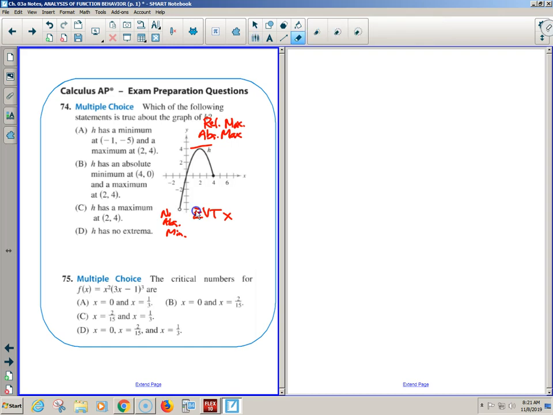Because if you... Yeah, Kathleen. If you zoomed in, then it would still be there. If I zoomed in and I went a little bit to the left, a little bit to the right, is it the highest of the region around it? Yeah. But then zoom out. Is it the highest of the region entirely? Yes. For instance, Kathleen, this is the example I used with you yesterday.